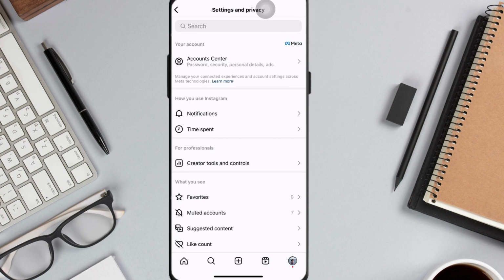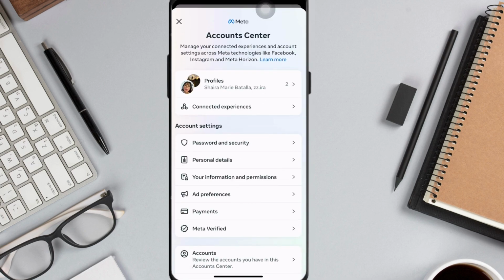Again, at the topmost part, you'll see your Account Center, and tap on it as well. Here, you'll see your Meta Account Center. You may also access this via Facebook